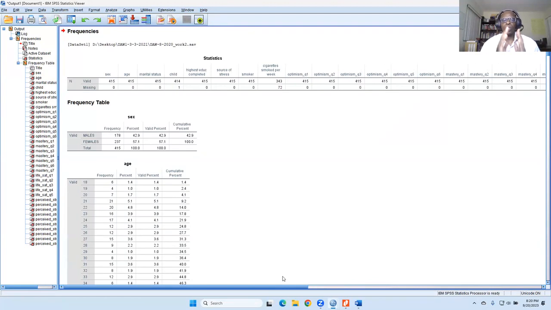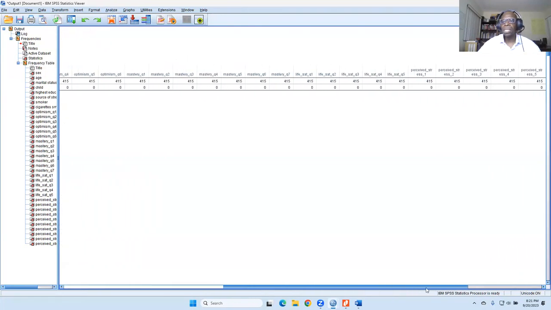And remember, the reason why we're removing these responders that have missing data is because whenever we run our analysis, we want everyone to have the same N. Because if some people have missing data here and some people have missing data over here, when you run your statistical test, your N's may be different, and you don't want that. You want the N's to be the same for each of your tests. You want everyone to be involved in all the tests.